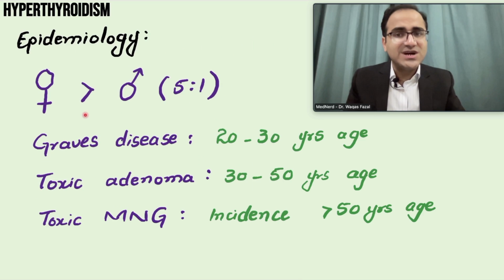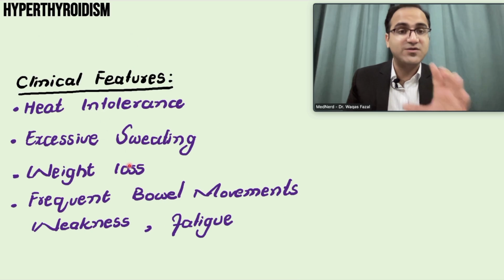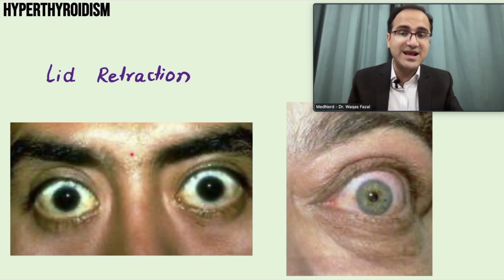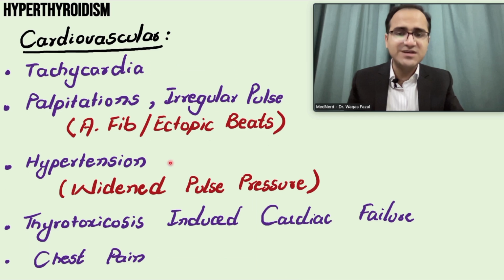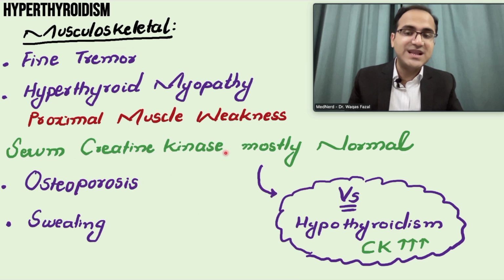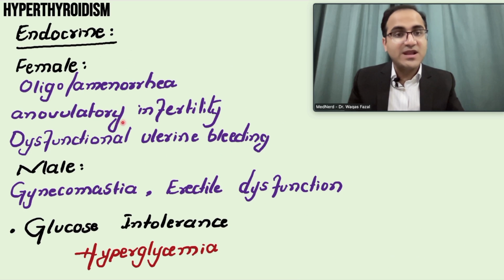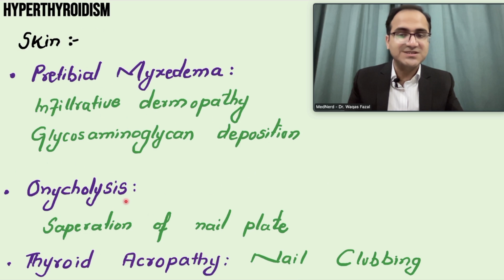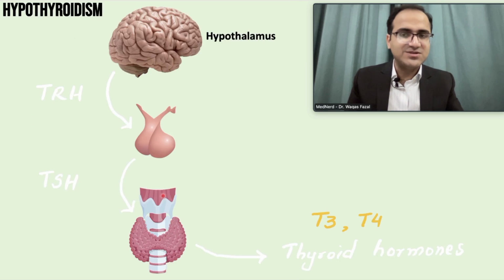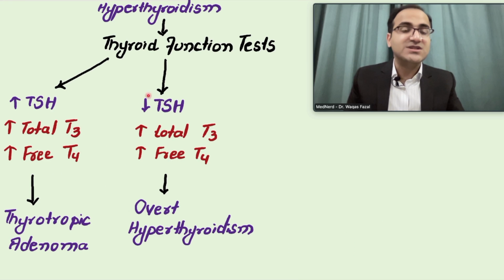We discussed the epidemiology and the age ranges affected in the different types of hyperthyroidism, the clinical features, the symptoms in the eye, the lid lag, the lid retraction, the Graves' ophthalmopathy, cardiovascular signs and symptoms, AFib being the most common one. In the hyperthyroid myopathy, the CK levels are normal. In endocrine, abnormal menses, pretibial myxedema, thyroid acropachy seen in Graves' disease, neuropsychiatric symptoms, and then we discussed the workup